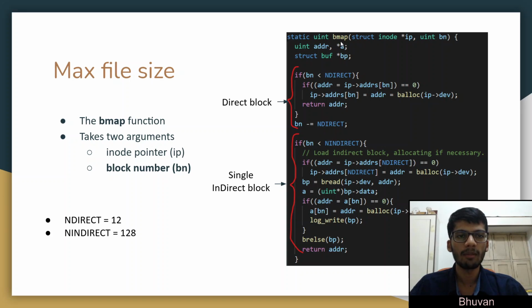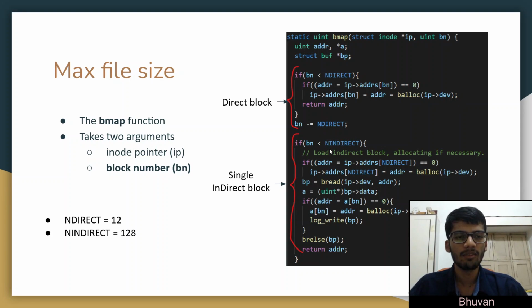So here is the bmap function, the original implementation in the xv6 code. It takes two arguments, inode and the block number. If the block number is less than NDIRECT, here NDIRECT is 12 and NINDIRECT is 128. So if it is less than 12, we can directly access the block and allocate it if it is required.